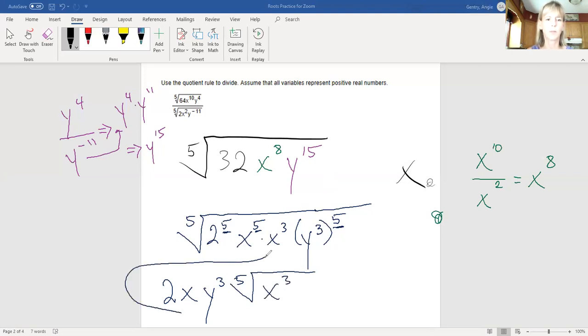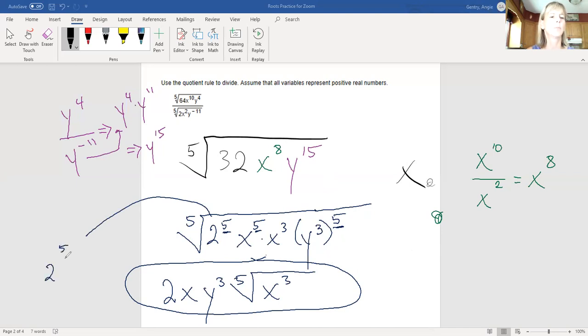And I hope I don't make a mistake. Sometimes while I'm making a video, I make a mistake because it's harder to catch everything. Okay. And if you want to use the exponent rule, you change this into an exponent that's a fraction, that's okay because you're still going to end up right there. And if you don't like this, you could do it with the 15. Y to the 15 thirds is y to the 5th, which